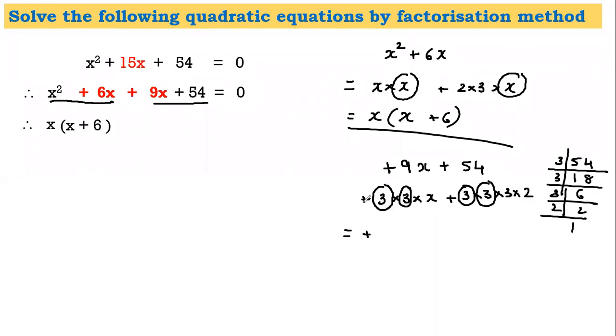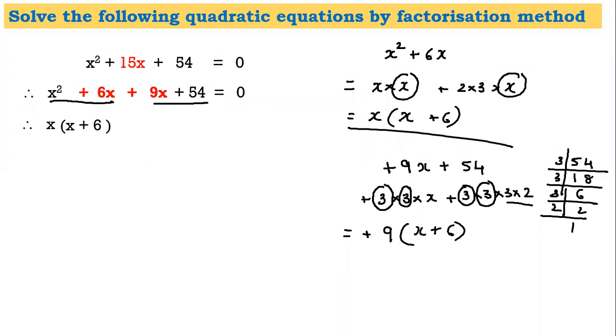In fact, whatever the sign is here, it always has to be written here. 3 3s are 9 is in the circle, so that will be outside the bracket. And the one which is not in the circle will be inside the bracket. So x plus 3 2s are 6, so we have to multiply this. So x plus 6. If you have understood how to take common, we'll proceed ahead.